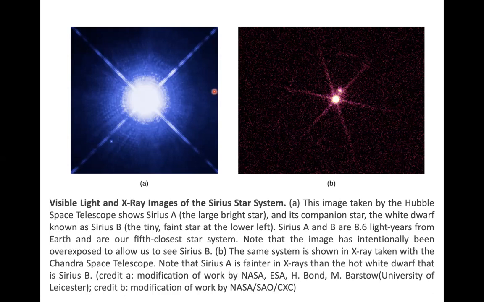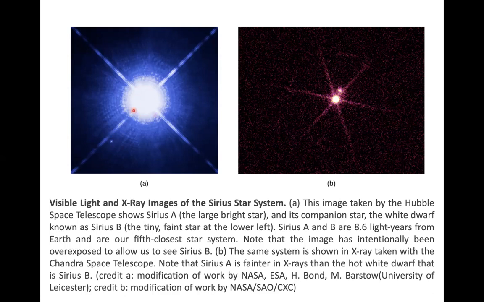If you look at it carefully, you should be able to see two stars. There is one large star right here, which we call Sirius A. And if you look carefully, there is another star right here, a very small faint star, which we call Sirius B, right? Now you can see that even from the Hubble telescope, Sirius B is barely visible, which means you will not be able to see this particular star,